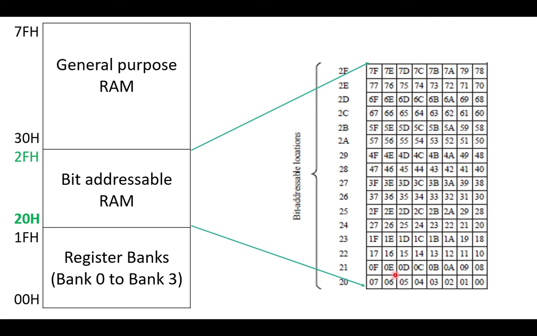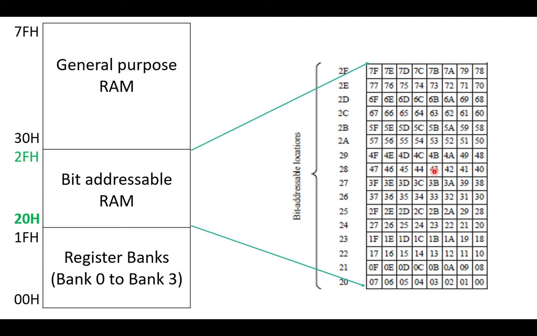Now I just talked about the 05 location. So that 05 location is here. When you want to individually store a single bit of data, you have the choice of using these 128 bits. So bit addresses range from 00 to 7FH. So you can store the data, you can check what data is stored, or you can manipulate the data